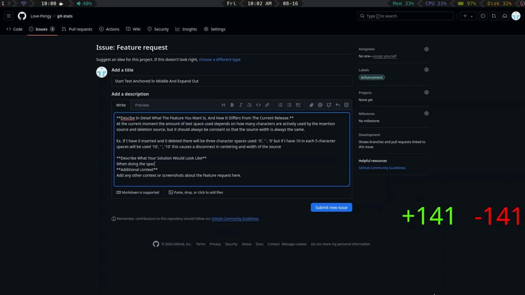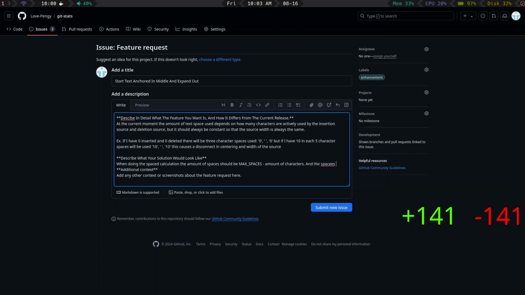When doing the spaces calculation, the amount of spaces should be max spaces minus amount of characters, and